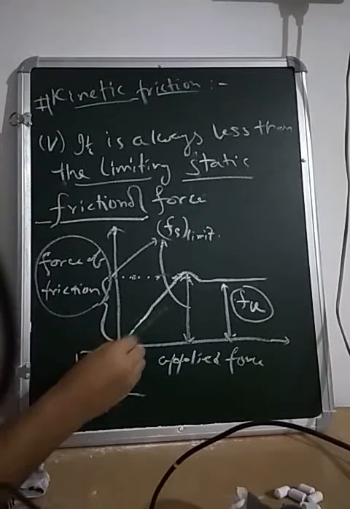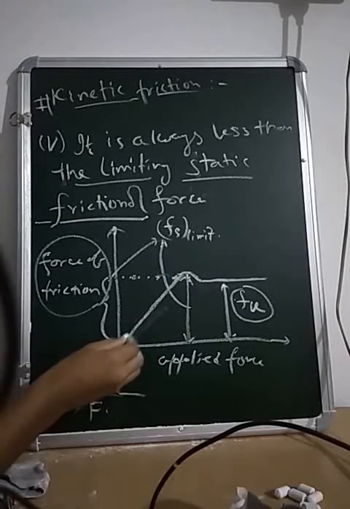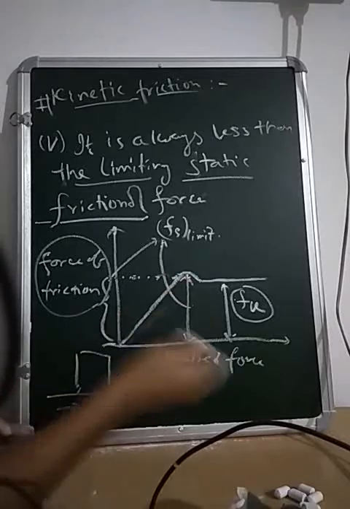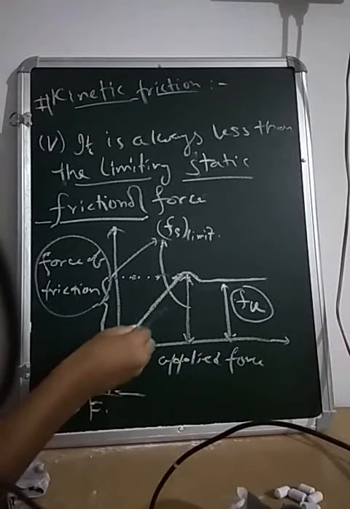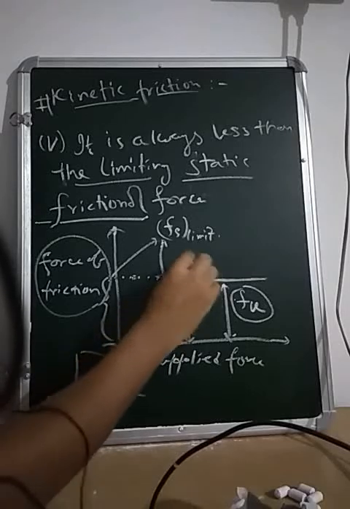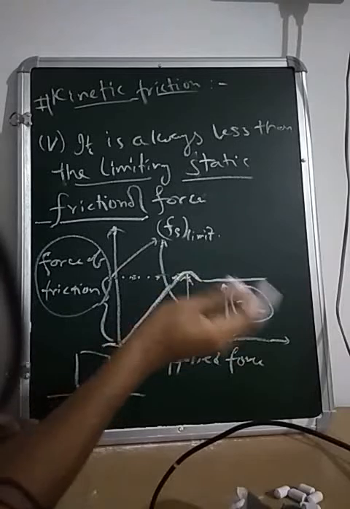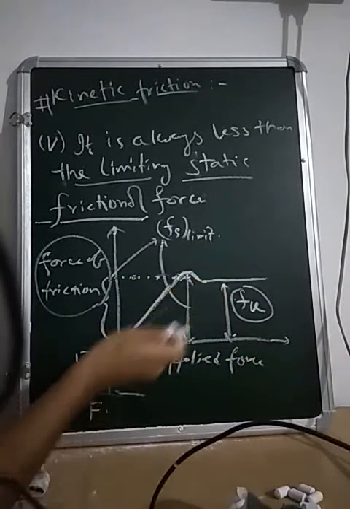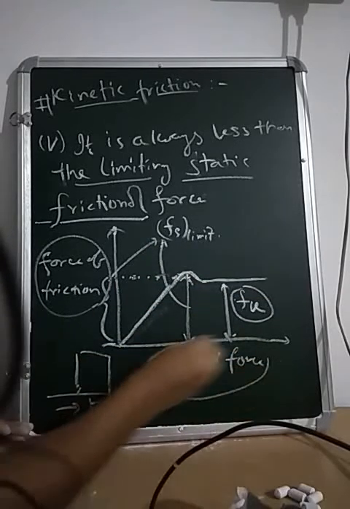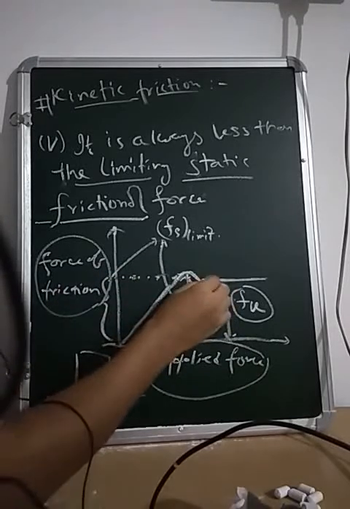It only increases up to the limiting value of static frictional force, directly proportional to the applied force. At the limiting case, the body starts sliding, and after that, if we increase the applied force, the frictional force does not increase;